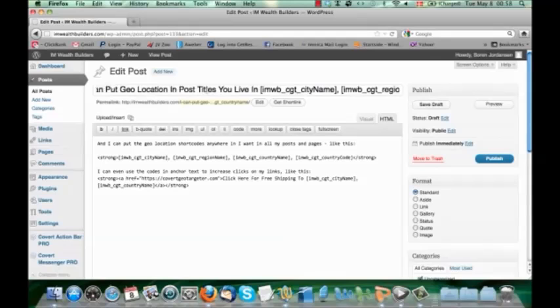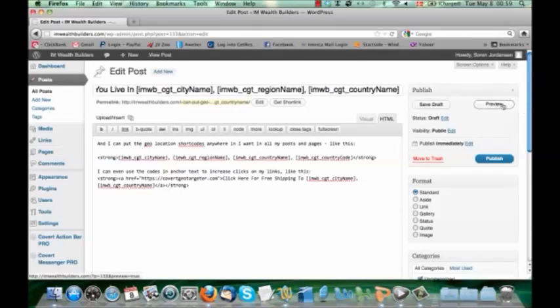I have used them in the post title, which you see I have the shortcode for city name, for the region name, and for the country up here in the title. Down here in the post itself, I've put the same shortcodes in here, and also include the country code one. And just to show you that you can use them inside links as anchor text as well, I put in a link here which has the shortcodes inside the anchor text.